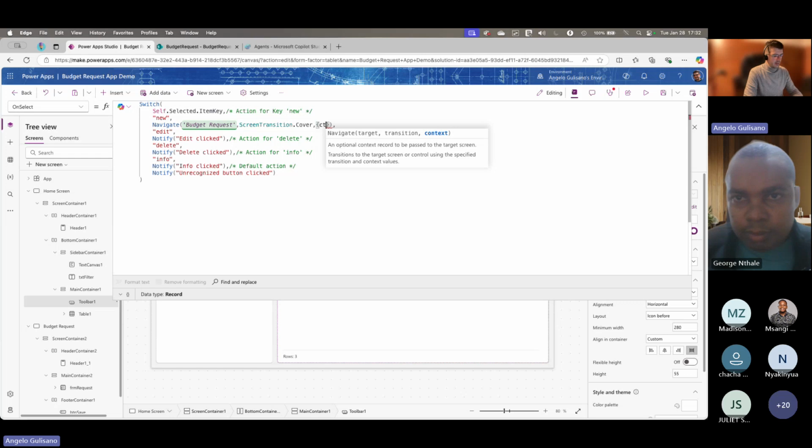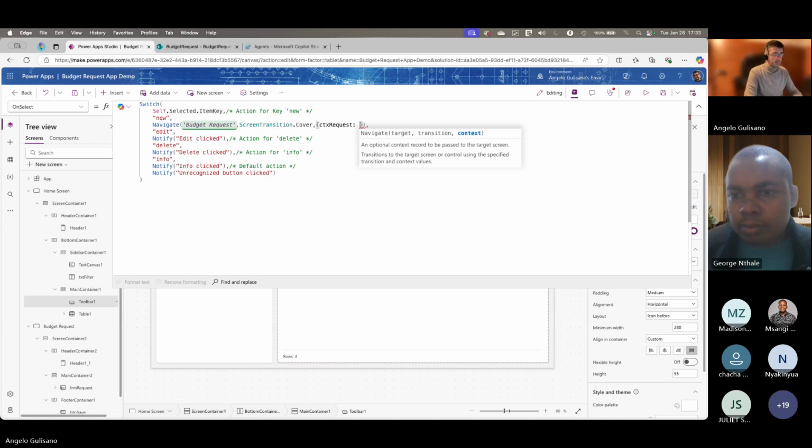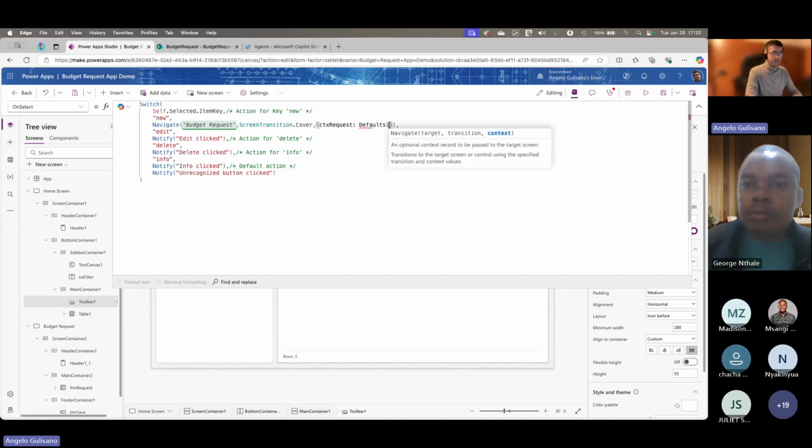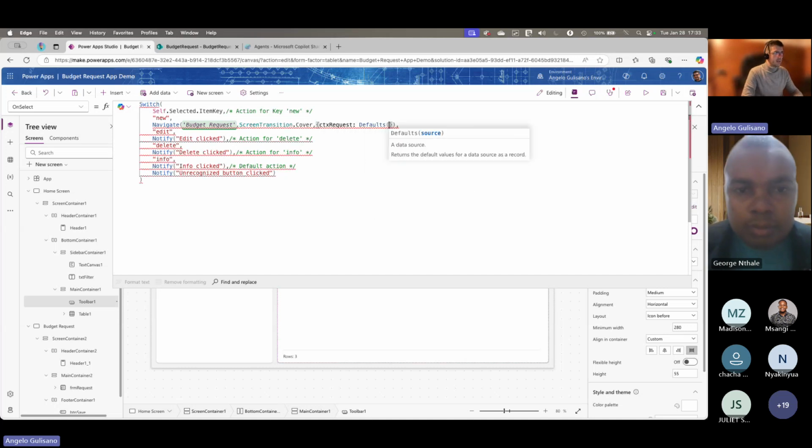In my case, I can create, for example, CTX, acronyms of context request, and in this case is a new request. So I use the defaults and specify the data source which is budget request.